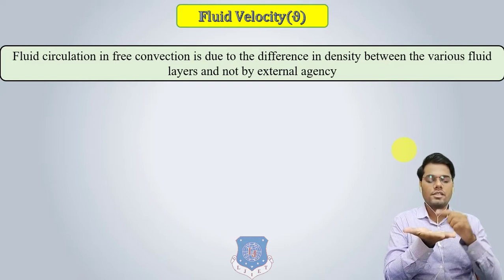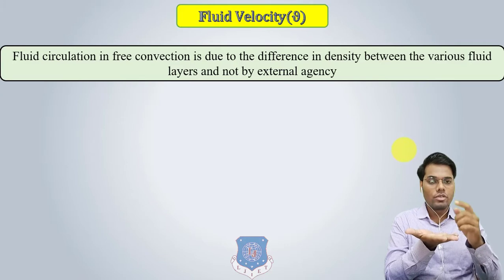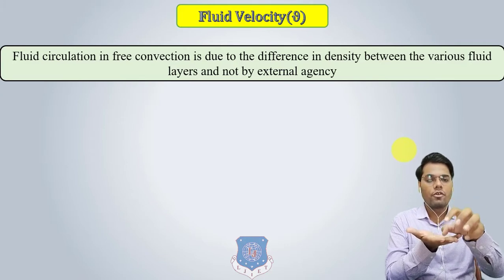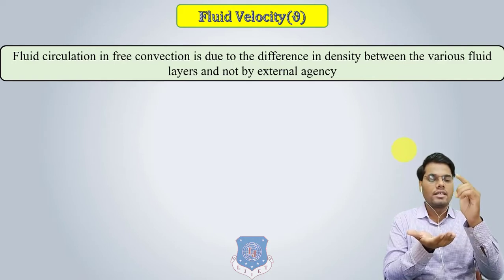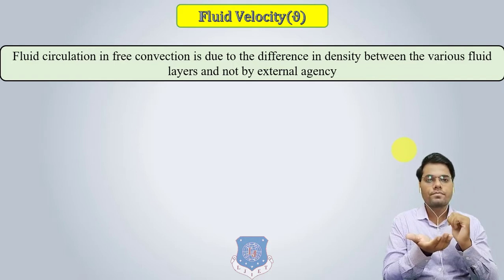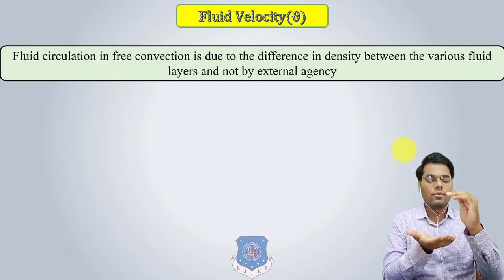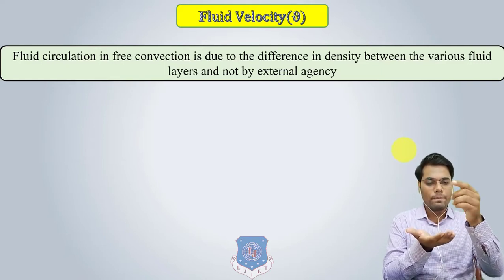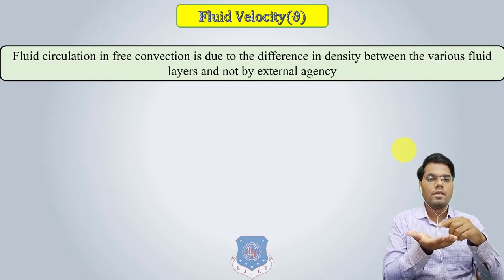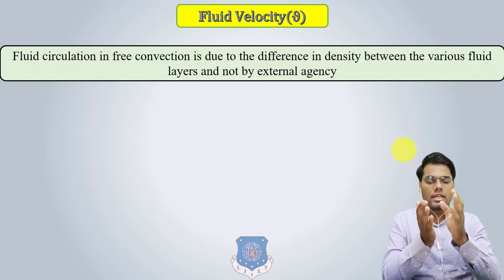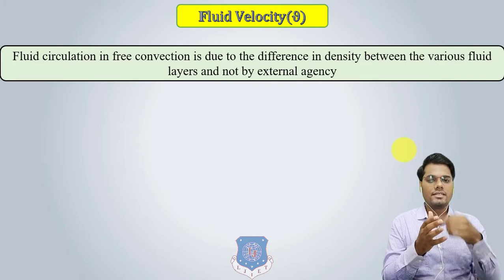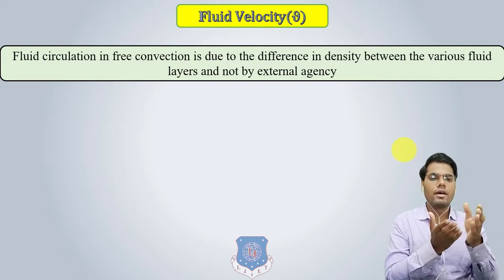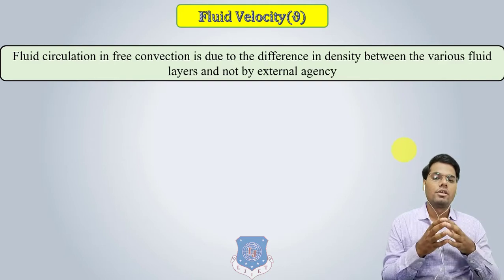The first layer, which is in contact with the solid, will absorb heat from the solid surface due to the temperature difference, so as the temperature of that layer rises, its density will decrease. So the higher-density layer just above it replaces the lesser-dense layer, and this process continues, known as natural convection currents. Because of natural convection currents, there is a circulation of the fluid layers.